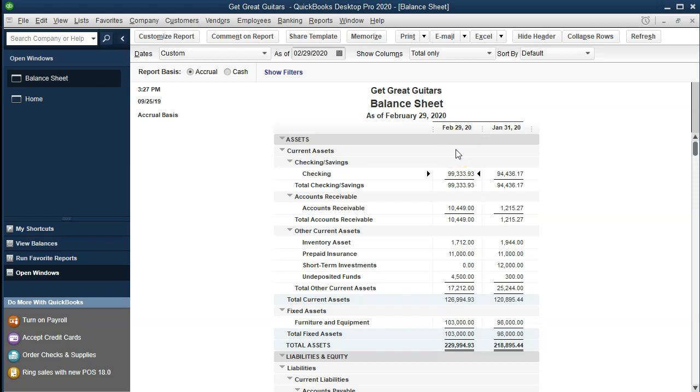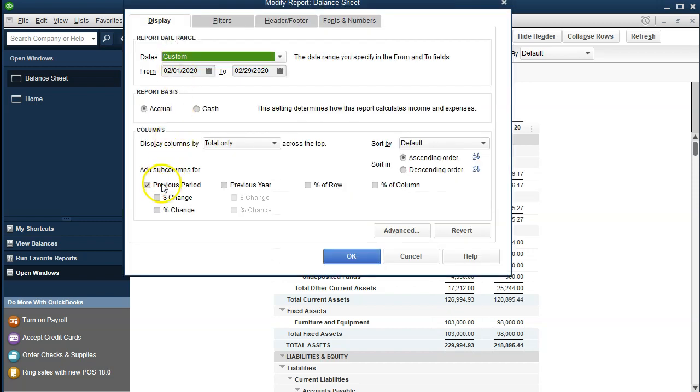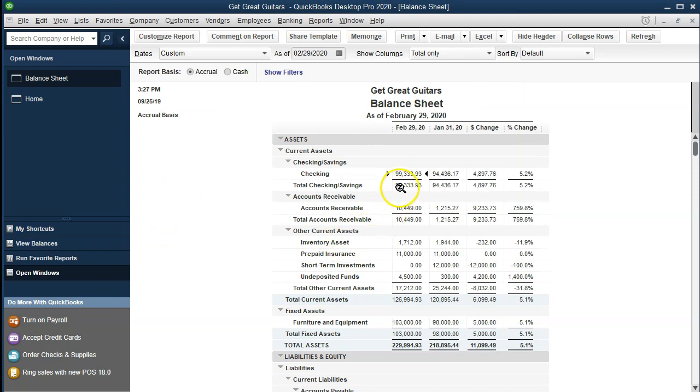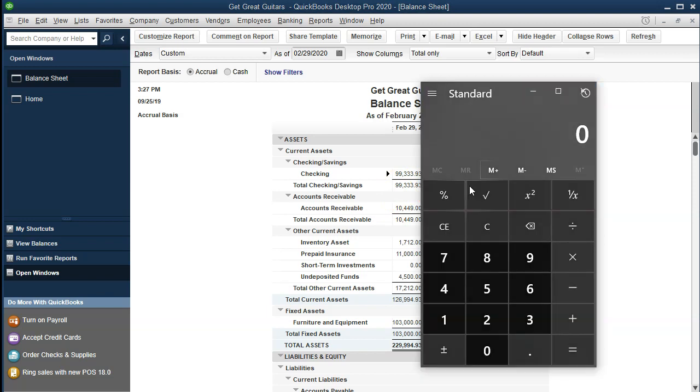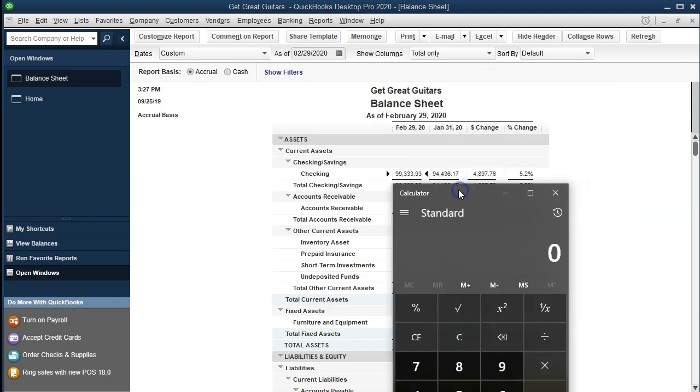Now, as we do this, we might want to see the change and the percentage change. So we may as well basically include that since we have these 2 months here. So let's do that. We're going to go to the Customize report up top. We're going to say, let's look at the change, and then let's look at the percentage change. And if we go OK, now we've got the current month, the prior month, the difference, subtracting those two out, the percentage change. And you'll recall that the current, if we calculated this,